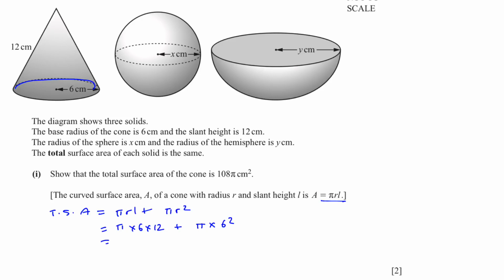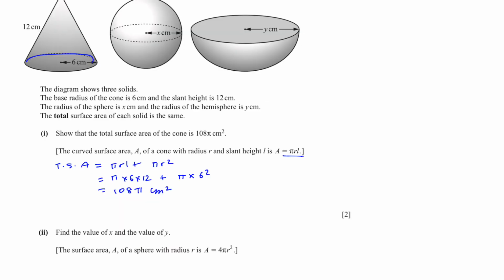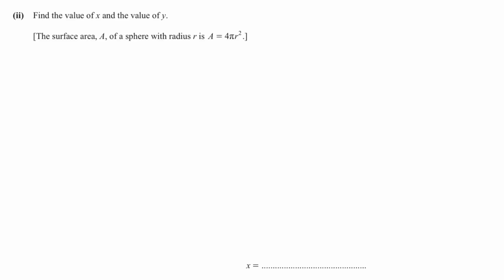And that will give us 108 pi square centimeters. In 2, we have to find the value of x and the value of y. The surface area of a sphere with radius r, they've also given us the formula. We need to remember that the total surface area of each solid is the same. The surface area, as we already know, is 108 pi, and the formula to find it is 4 pi r